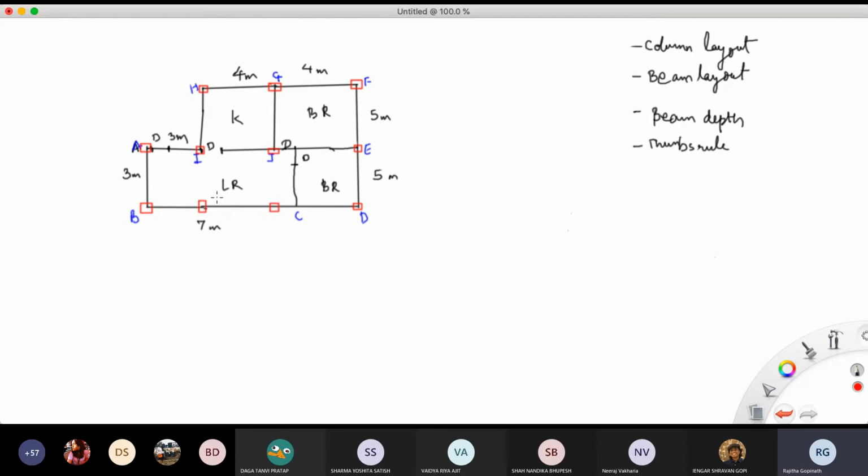Anybody else wants to remove or add or anything? If we are following a grid, what if we remove the columns which are at A and B? Then it'll be like a proper grid, and it's just a 3 meter protrusion, so I guess that distance can be considered. Acha. Okay, so what I'm going to do is maybe cover it up or something.